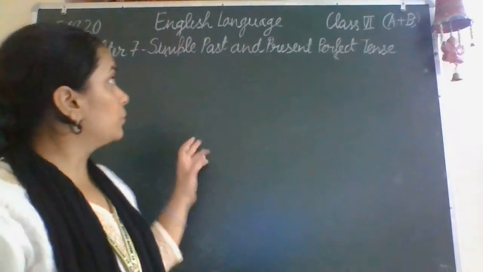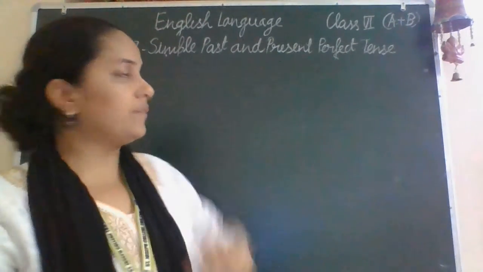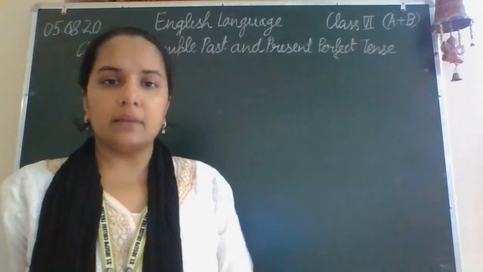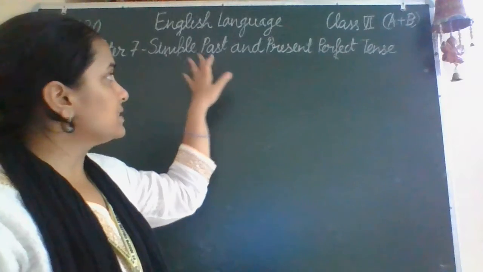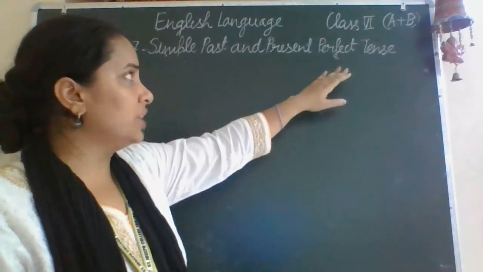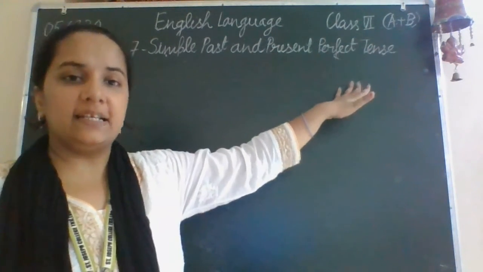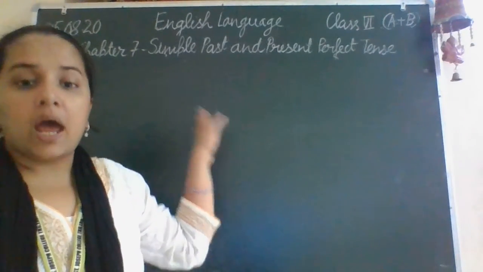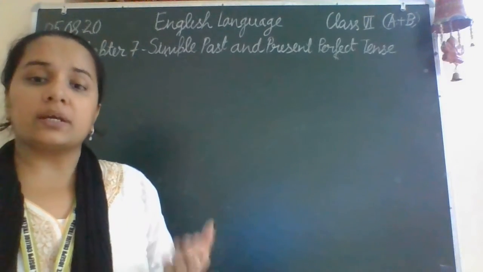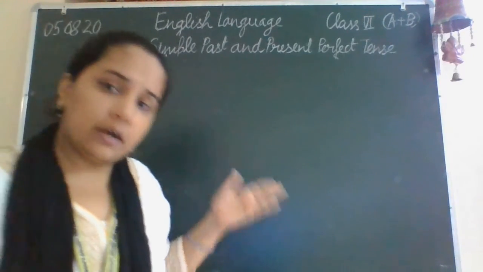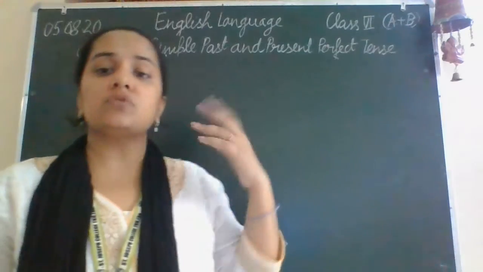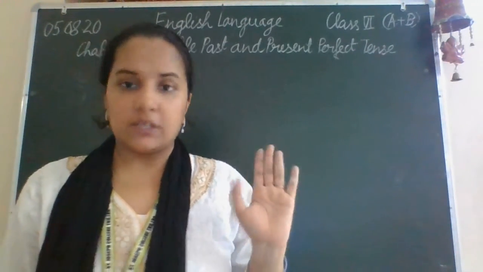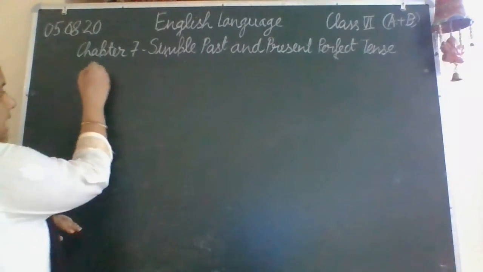Since we have learned about the rules of simple past and present perfect tense, now let's take some examples so that you can understand better. I will write the sentence in the simple past and have to change it in the present perfect, or will write the sentence in the present perfect and have to change it in the simple past. And we can also change the kind of tense. We can make an affirmative sentence a negative sentence, or we can change an interrogative sentence into an affirmative sentence. So let's take the first example.